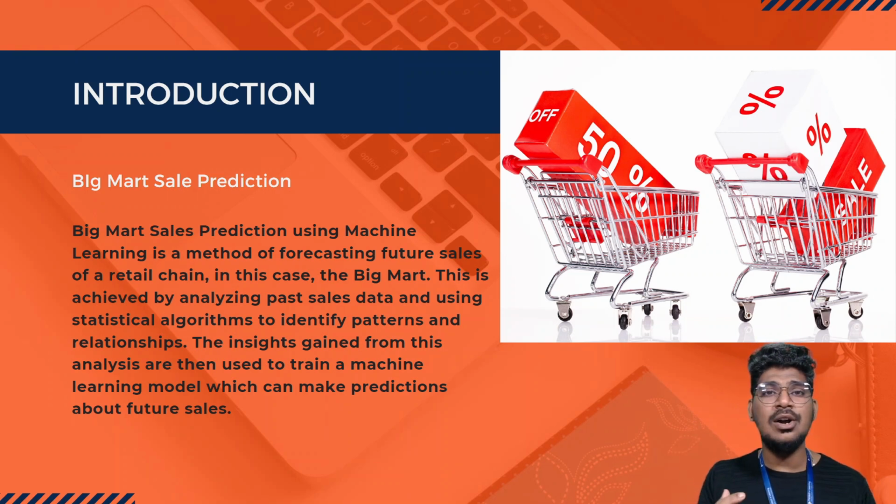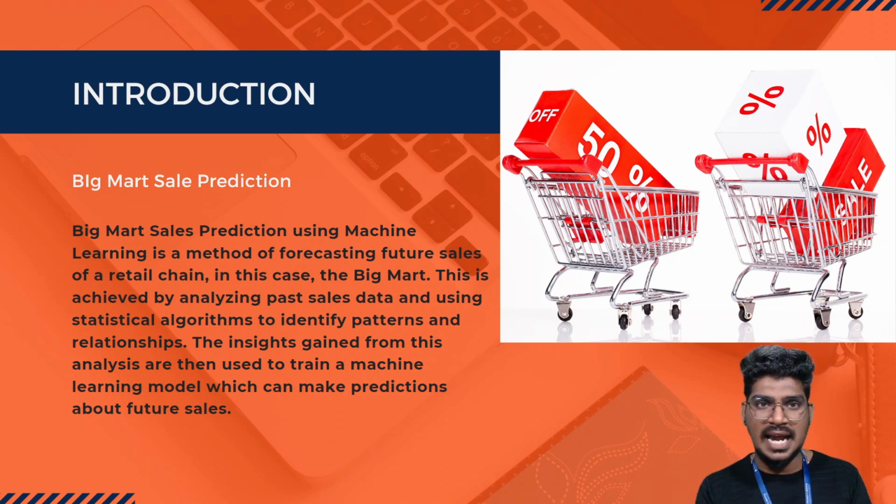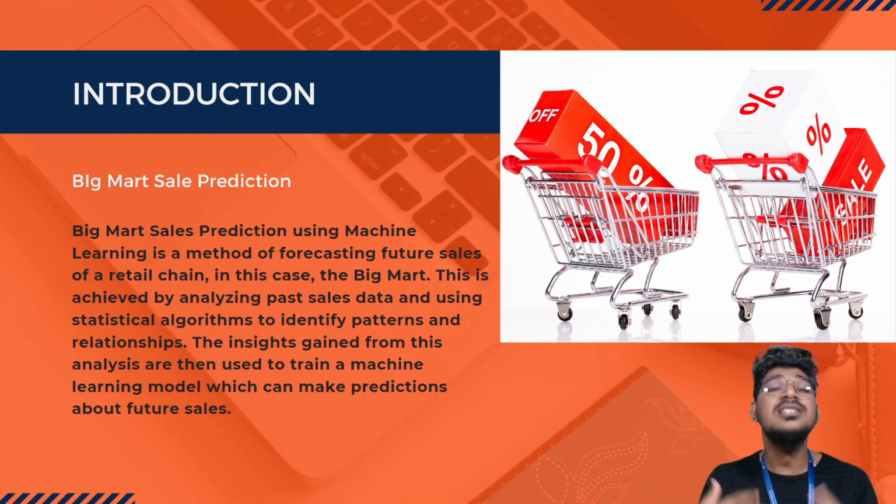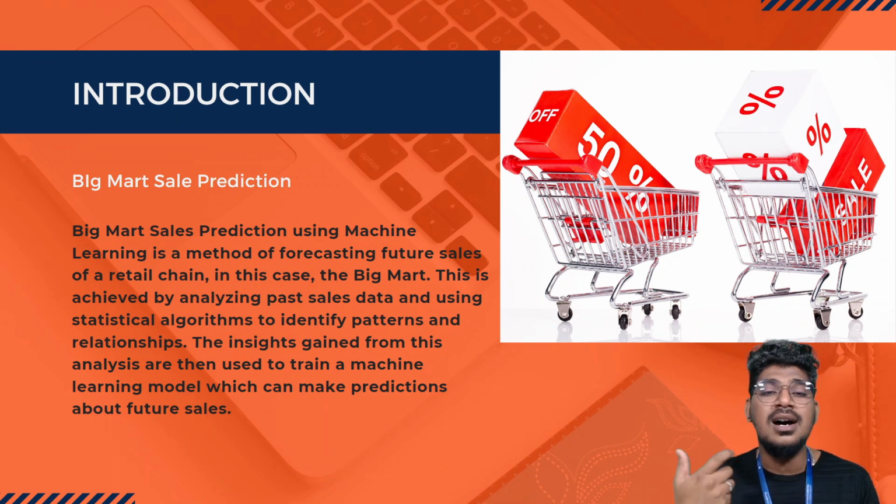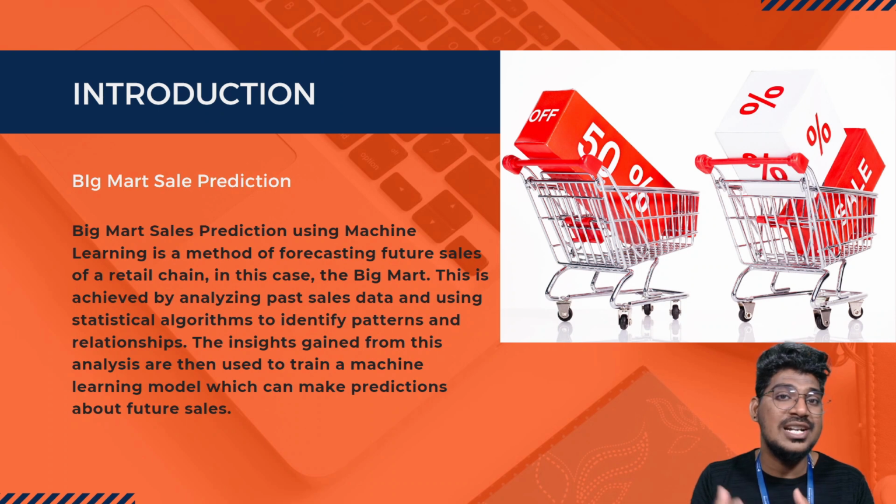That means based on the past sale report, we are going to train a model with the help of that particular past data details about that particular report. We are going to train the model, giving the result, the future sale prediction of the retail chain. That's very important. So in this case, the Big Mart,